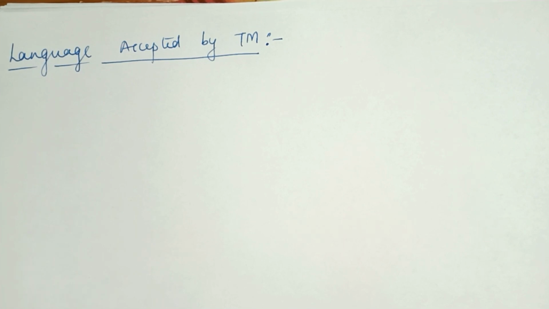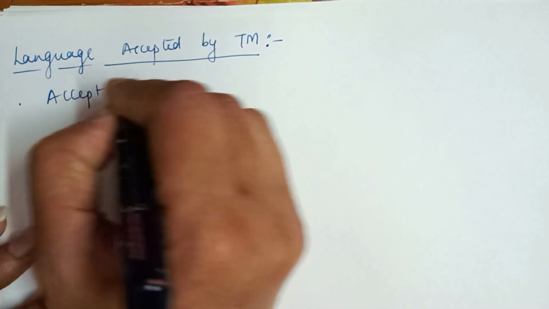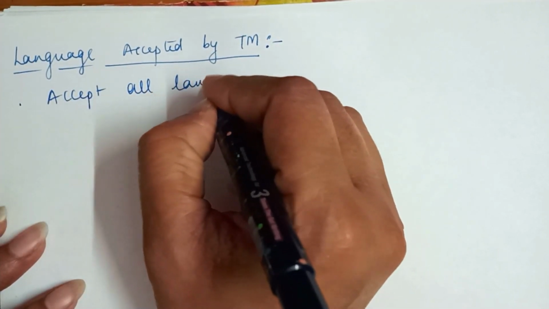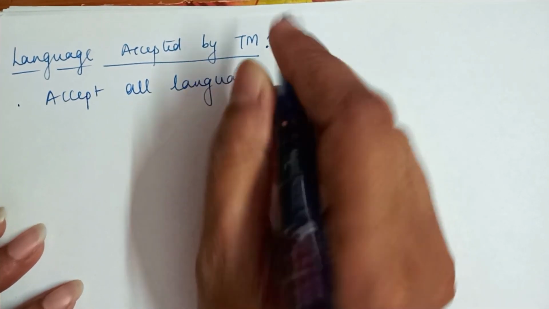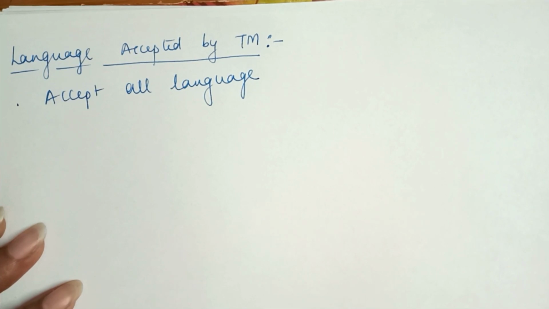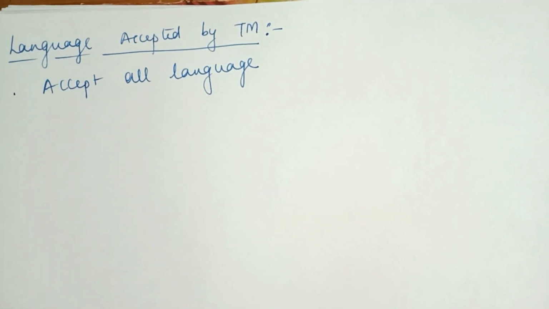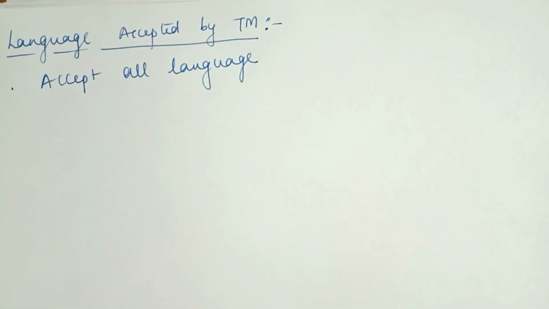As we know, a Turing machine accepts all languages, even those that are recursively enumerable. Recursively means repeating the same set of rules any number of times, and enumerable means a list of elements. So the Turing machine accepts all the languages. A Turing machine also accepts computation functions like addition, multiplication, subtraction, division, power function and many more.